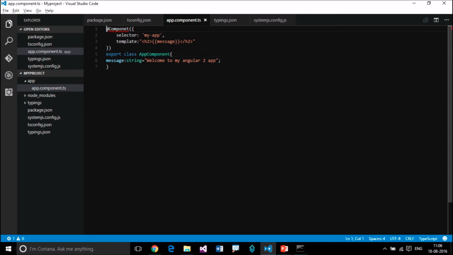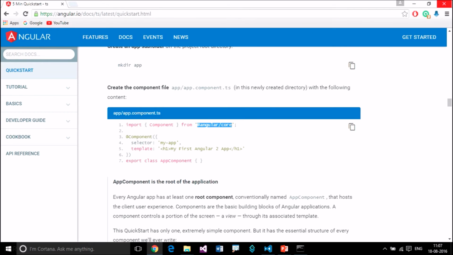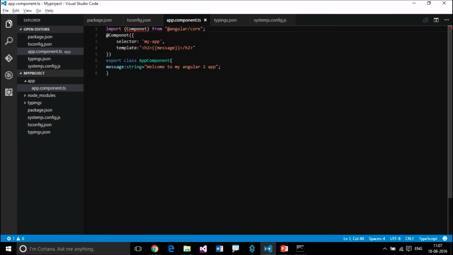So let's import that. Import component from Angular core.